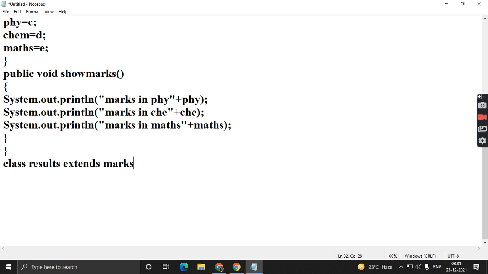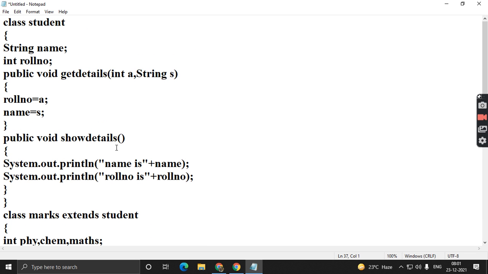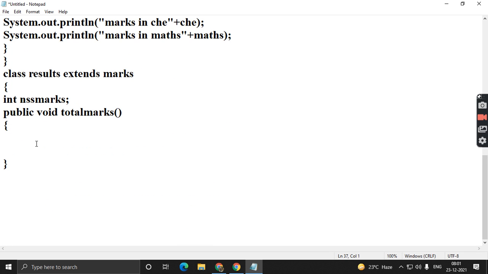So here we will take NSS marks also. We'll have one more variable, score.